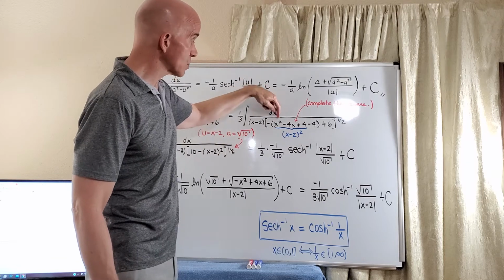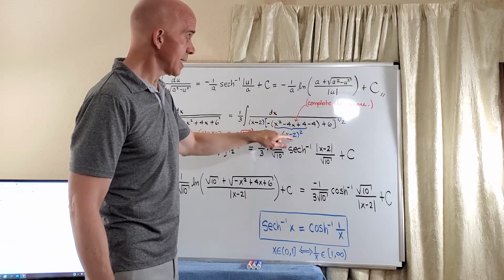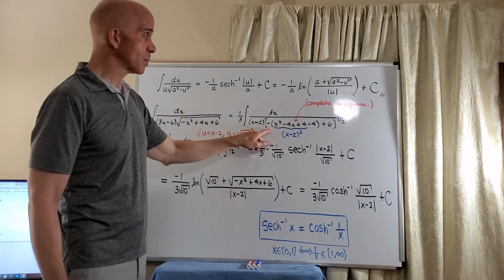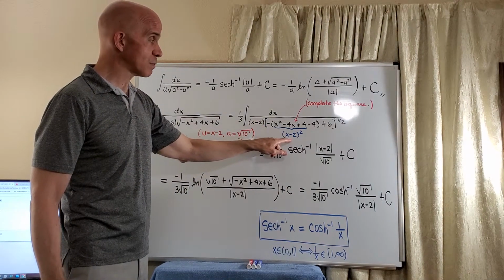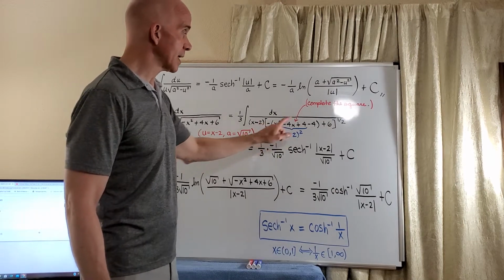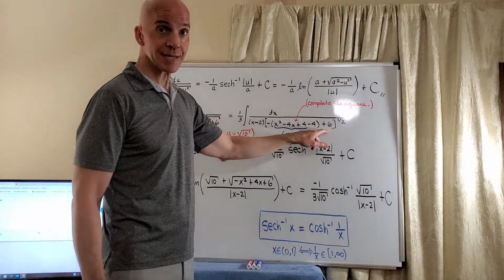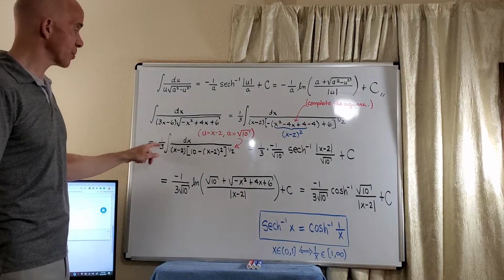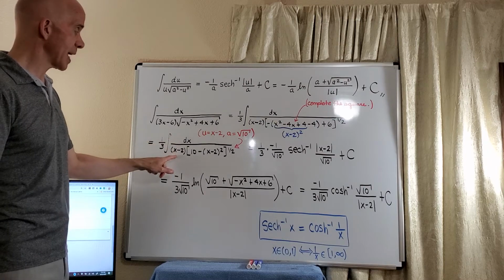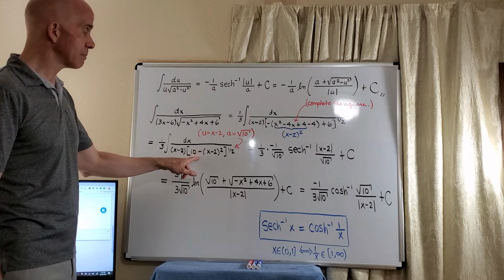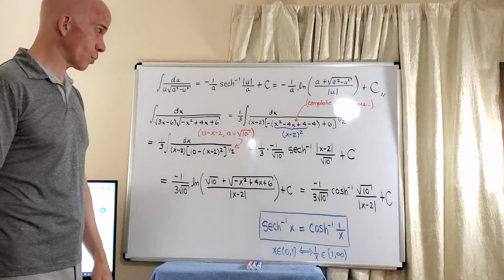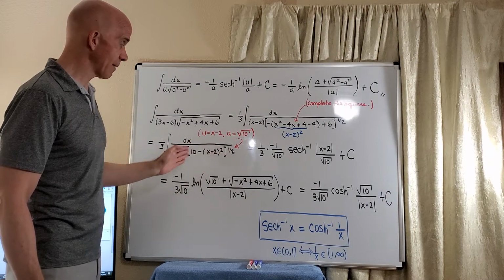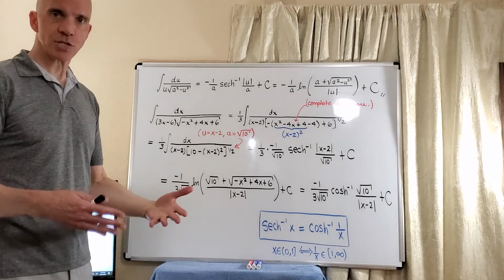And notice now x squared minus 4x plus 4 is a perfect square. It's x minus 2 quantity squared. So now when we distribute the negative, we get the negative of x minus 2 quantity squared. And then negative here gives us a 4 plus a 6, or a 10. So now as we move to the next line, we have 1/3 times the integral dx. So we have x minus 2, then we have 10 minus x minus 2 quantity squared raised to the 1/2